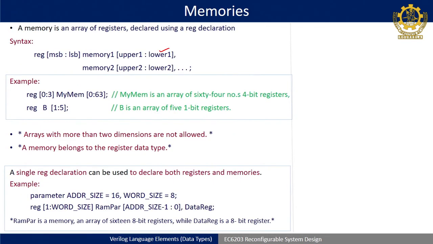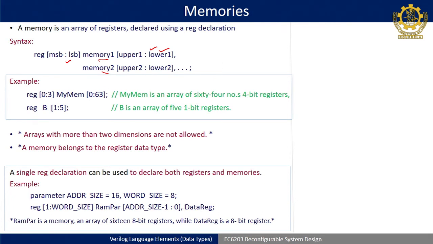Now what happens here is, as it is now not a register, it is becoming a memory. So we have written names as memory 1 and memory 2. Now here MSB, LSB will be there, and there will be another upper bound and lower bound we have to give after this, and before this was there, now we have to give after this also. Okay. Similarly you can define many in a single register declaration.